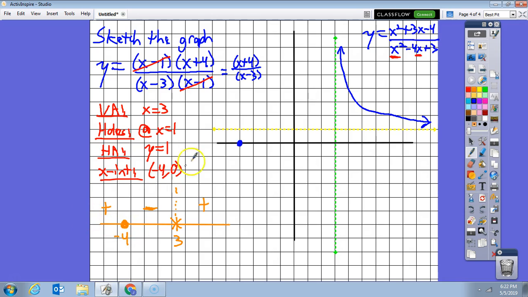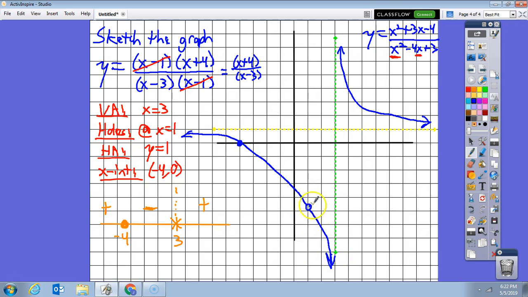So then the same thing happens over here. We're going to have a line that is coming over here. It's positive, so it's going to be following this asymptote, and then it's going to go down here to the negative numbers. But until we get here to 1, it's going to have a hole at 1, and then keep going down towards the asymptote. Again, the asymptote tells me the shape. The positive tells me where the graph is. Negative tells me where the graph is. The asymptotes give me the